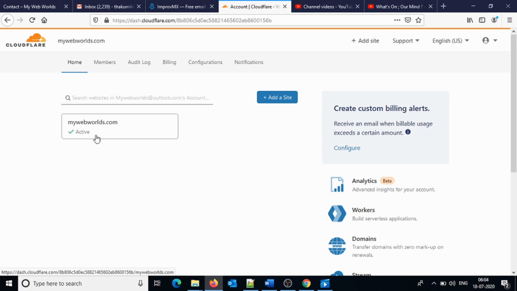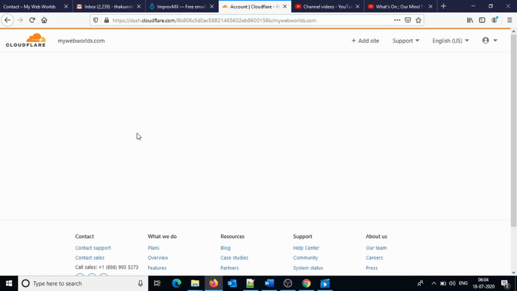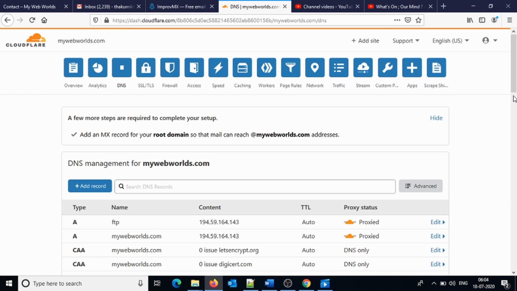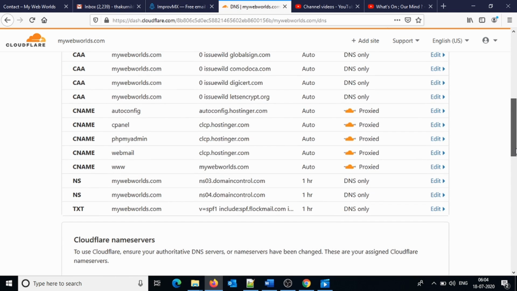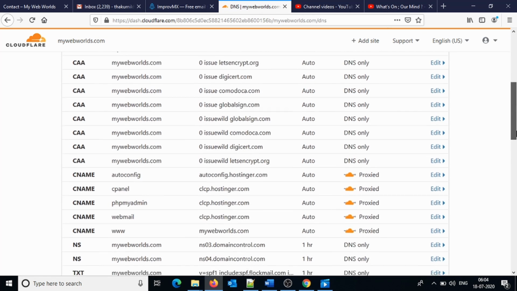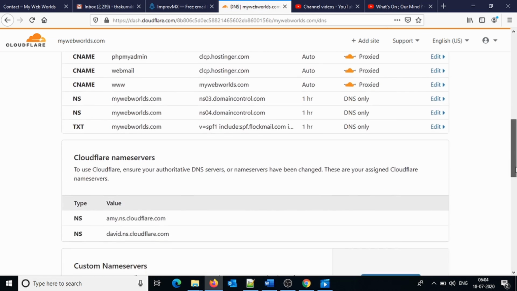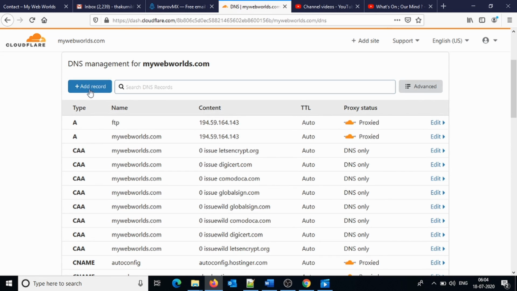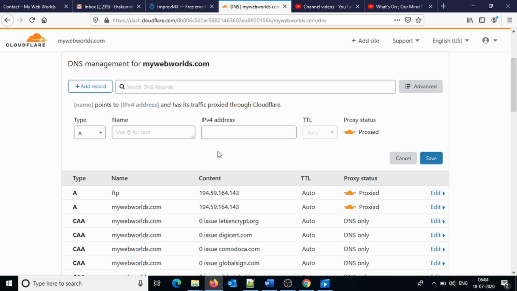For some people, as I said, it will be GoDaddy. So at GoDaddy or HostGator, you have to go to your website and go to your DNS entries. So I will go to my DNS entry. For other people who are using GoDaddy, just go to your GoDaddy site and over there you can see your DNS settings. Go over there and then try to find out your MX record. For me, I will be adding my MX record over here. So I will click on add records and I will copy and paste my details over here.